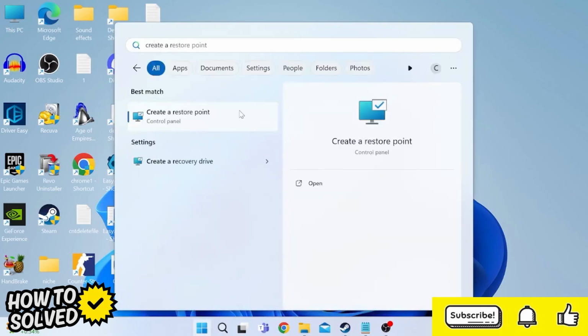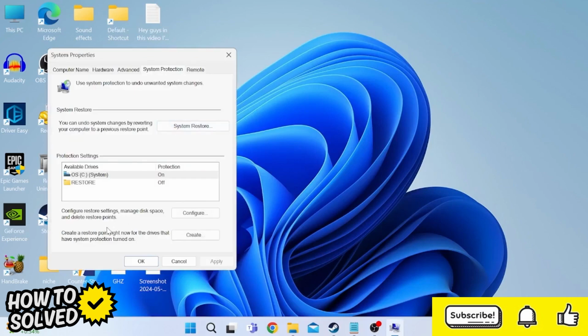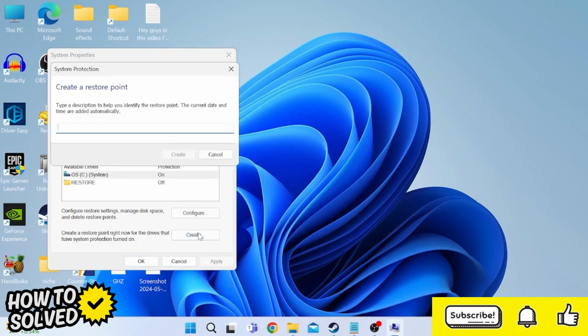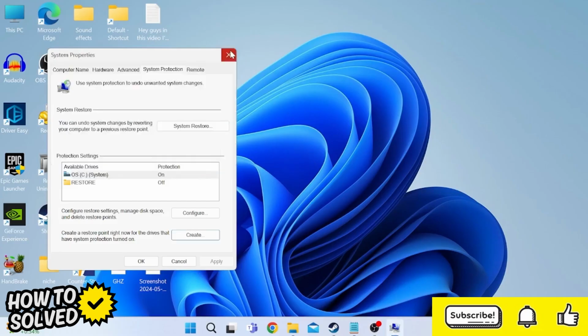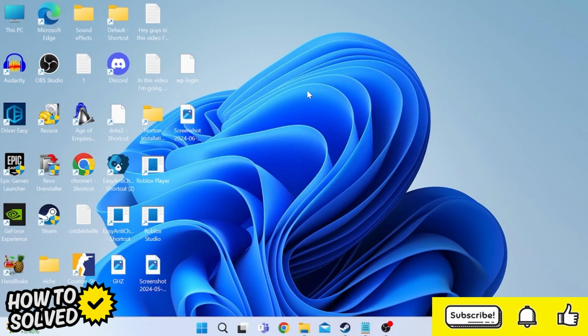Tap on the Create a Restore Point tab, then come all the way down to the bottom here where it says Create a Restore Point and click Create. Then you just need to give the file a name. I'm going to call it Backup, and we can hit Create. Once you've created your restore point, we can then close out of these windows,